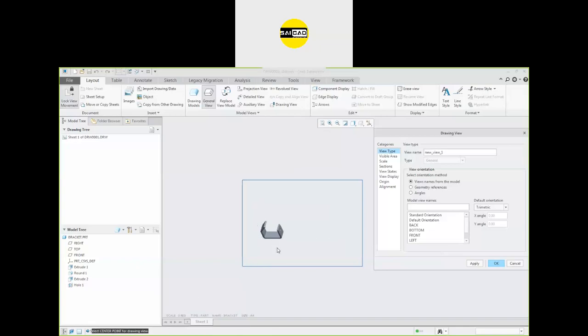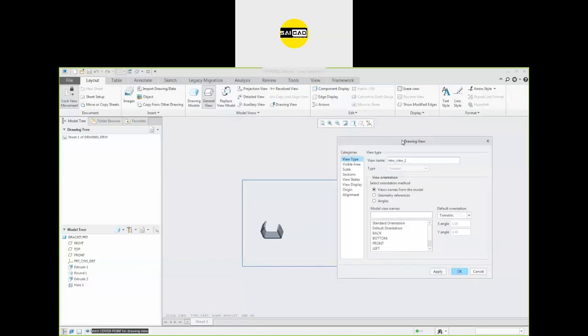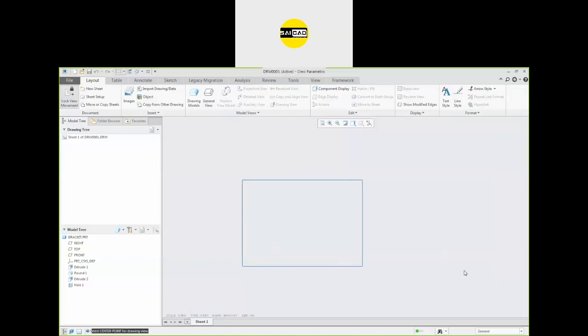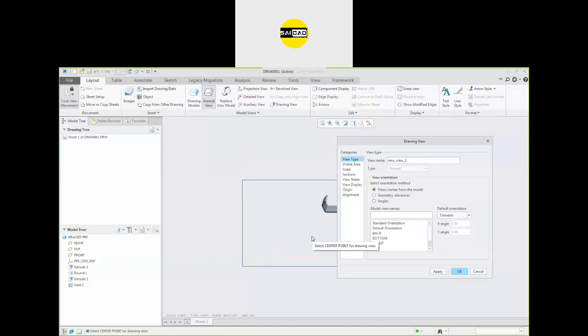Okay. So here is the component. Now we have some options. We have the dialog box for the drawing view. You can select some settings here. So I'm going to show again how we can do that. Just go to views, model views, select the general view. Select no combined state and click OK. After that, you just have to choose the location where you want to insert your component. I want my component somewhere here.